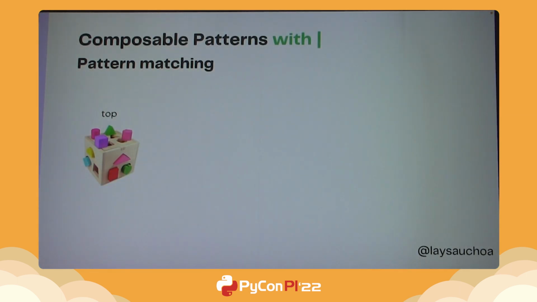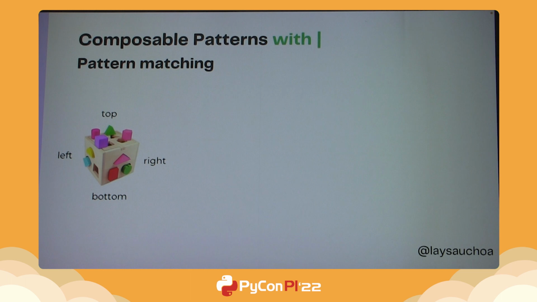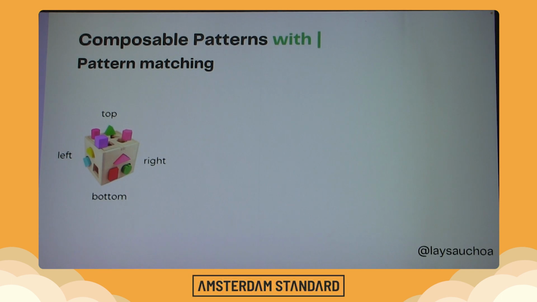And there's another thing called composable pattern that you can do with this element. I will move very fast because it's so slow to move the slides, but I will show you now. So consider, for example, in this game you have 4 directions. You have the top, the bottom, the right, and the left. And you want to check,